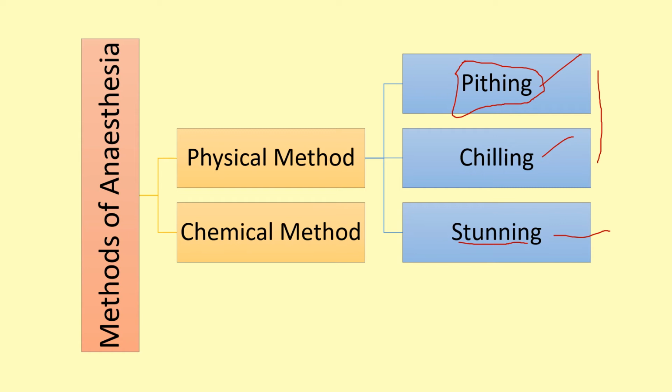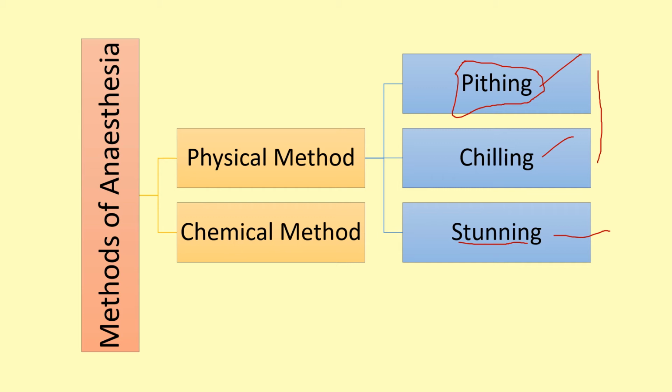If there is incomplete pithing, after pressing the needle on the limb, the frog will have the sensation, that is, the frog limb is going to move. That is known as the first method, that is known as pithing. Then the second method, that is chilling. It is also used for producing anesthesia in frog.